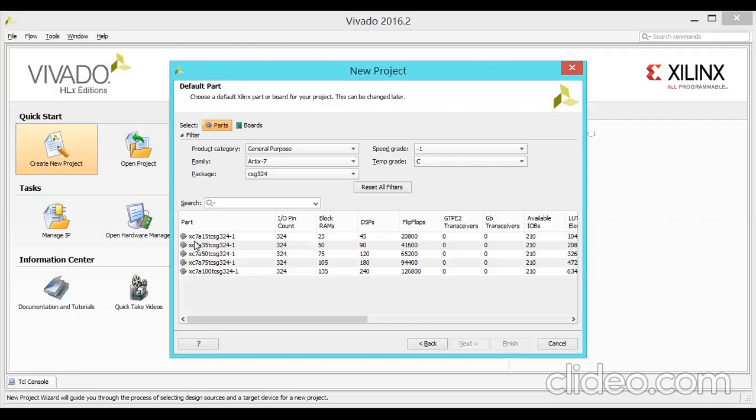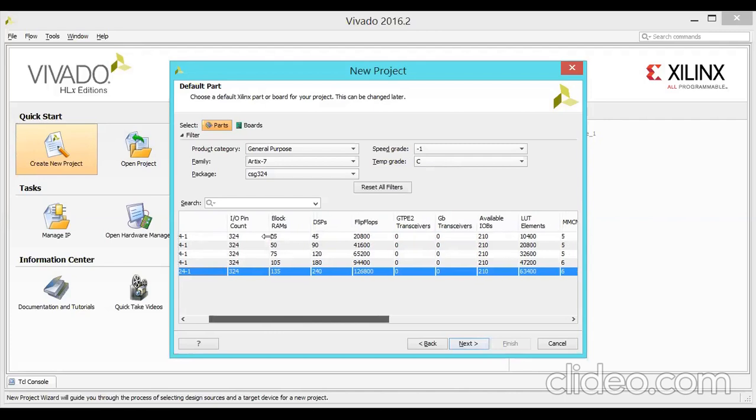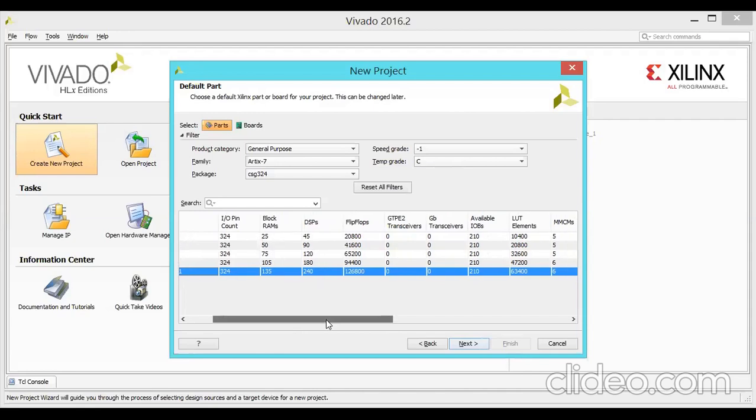Which part? XC7A35, XC7A50, XC7A75, XC7A100. Ours is the 100 actually. We purchased this target: XC7A100T CSG324-1. So IO count: how many inputs? IO means input and output pins. How many? 324. This is a generalized quiz bit. So about the target, these are the details. How many block RAMs, inbuilt RAMs: 135. DSP cores, inbuilt DSP cores: 240.